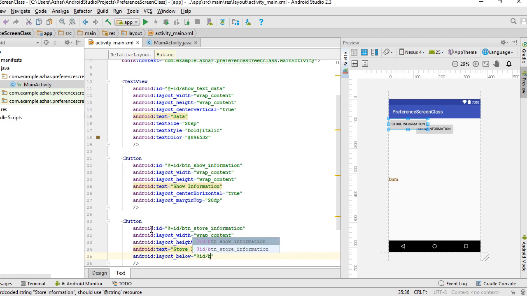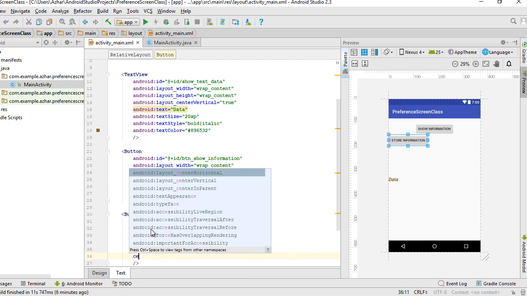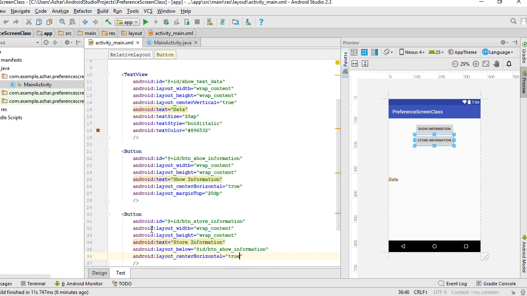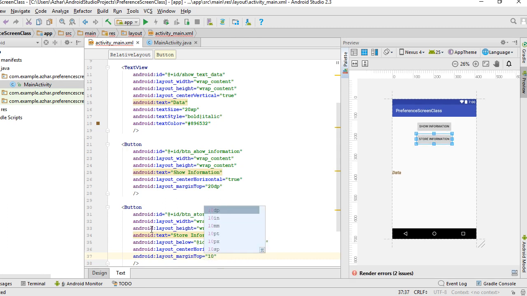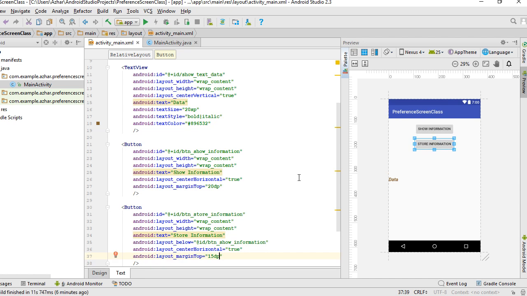at ID our btn show information, and I'm going to put the center horizontal to true and margin top, sorry, about this, margin top 10 or 15 dp. Okay,